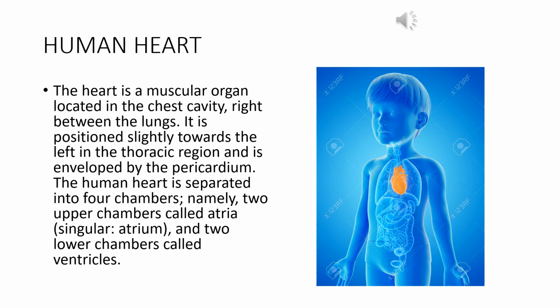The key organ of the circulatory system is the human heart. The human heart remains in the left side of the rib cage, and it is protected by the rib cage. It is a muscular organ that pumps blood throughout our body and is located between the lungs, slightly to the left of the middle of the chest, and it is about the size of our fist. If we make a fist by keeping our fingers inside, then the heart is the shape of that fist.